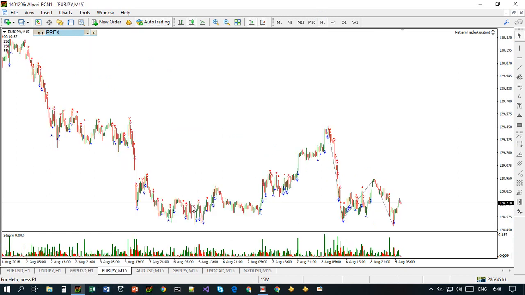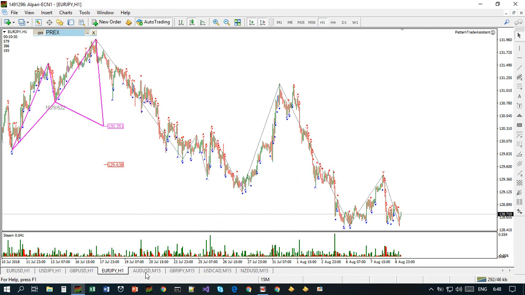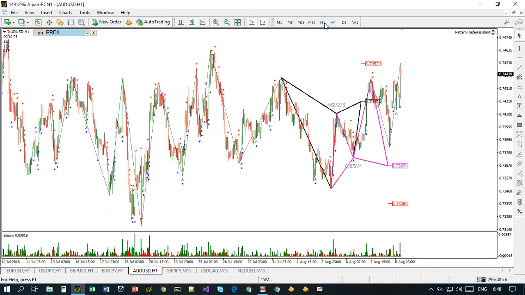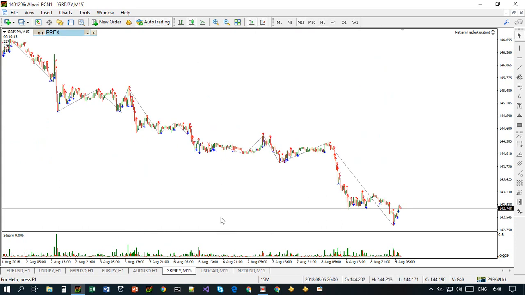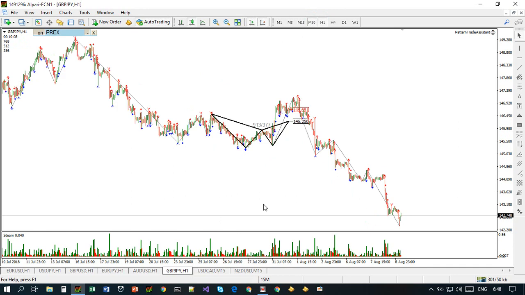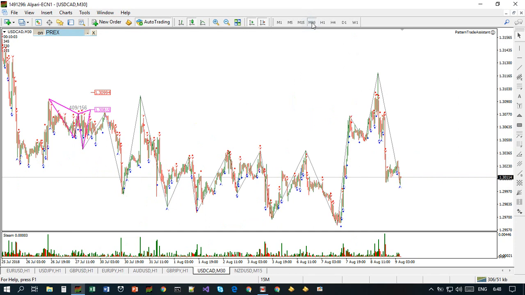Let us switch to euro-yen. Same, no patterns on this pair. Aussie dollar, 30 minutes, nothing. 1 hour, here's the trading opportunity. We traded yesterday and the day before. Yesterday we took some profits. So pound-yen, nothing yet. Dollar Canadian, USD Canadian,